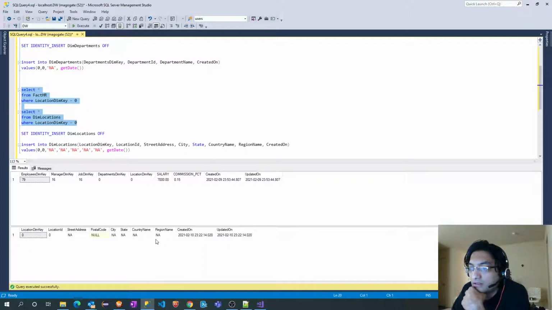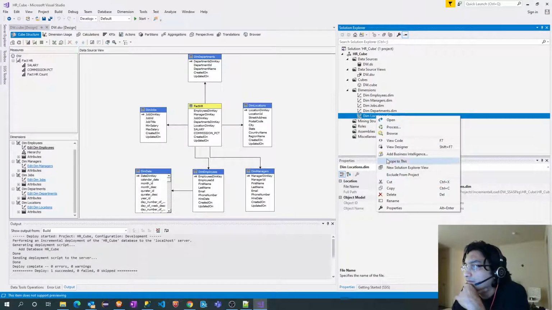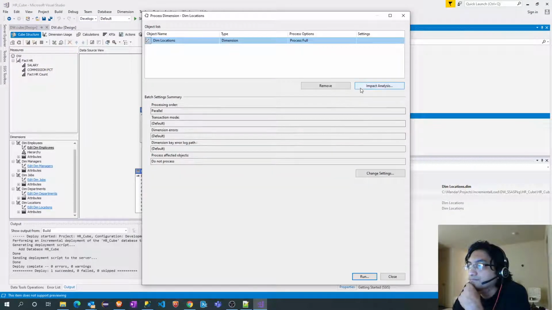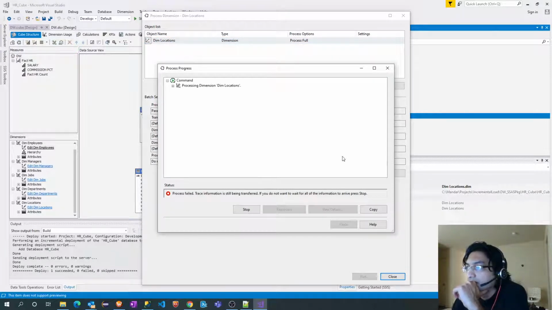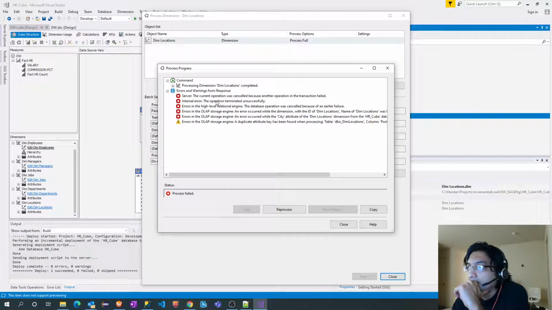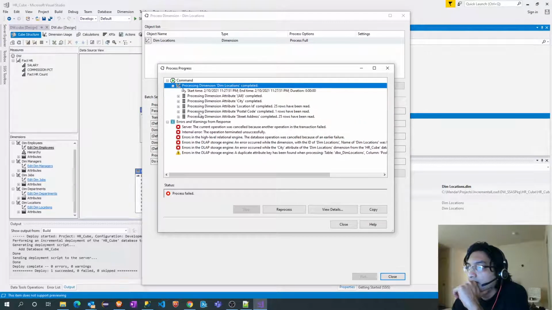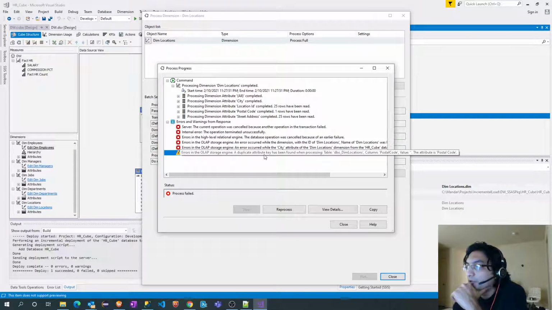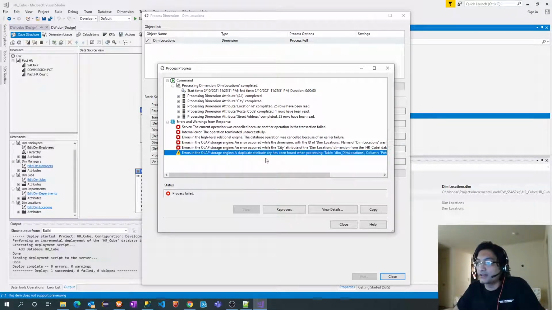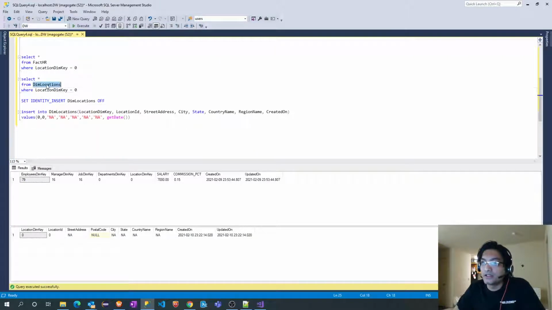City, state, region, process, operation. Okay, a duplicate attribute key has been found. It failed because there are duplicates. So let's go back. Let's find out if there are duplicates.